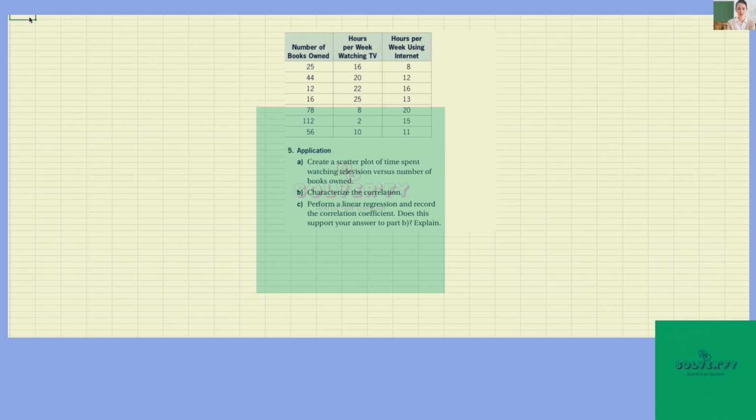So the first question asks, create a scatter plot of time spent watching television versus the number of books owned. Okay, so I'm going to flip-flop these, and I'm going to wrap these